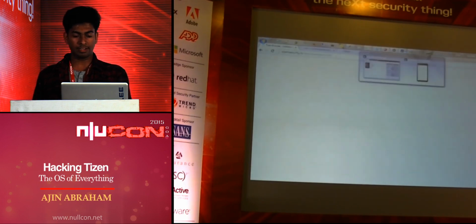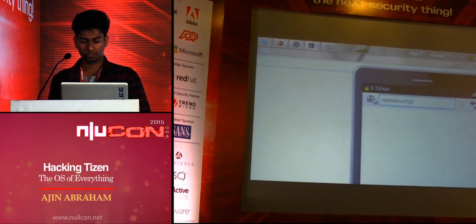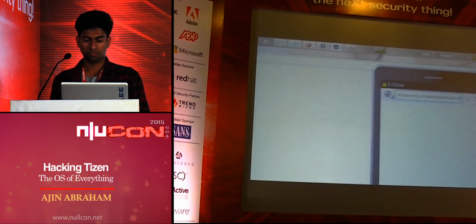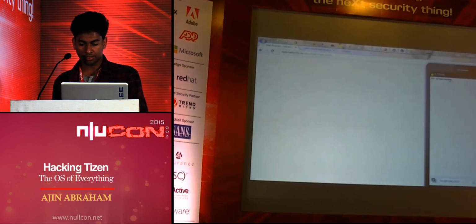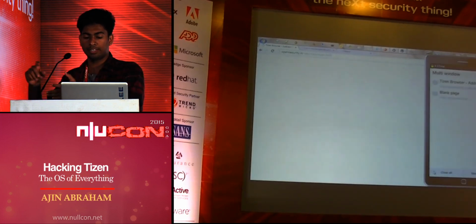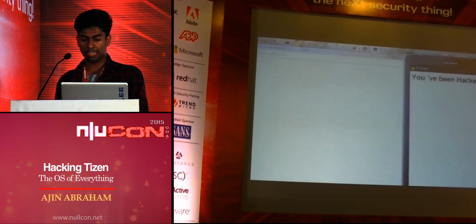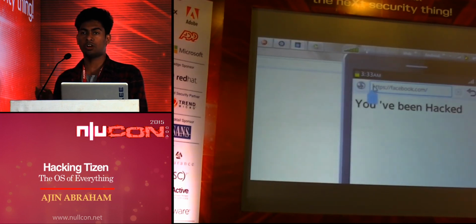So here I have the Tizen browser running. I'm just giving the same URL over there. I click on enter, and you can see that at the bottom there is facebook.com, and at the top the content is "you have been hacked". So basically you can control the new tab, even the URL that appears over there. There are two tabs open, but in mobile the one you are focusing will come on top. So you have that top tab, it has the content "you have been hacked", and the URL is https://